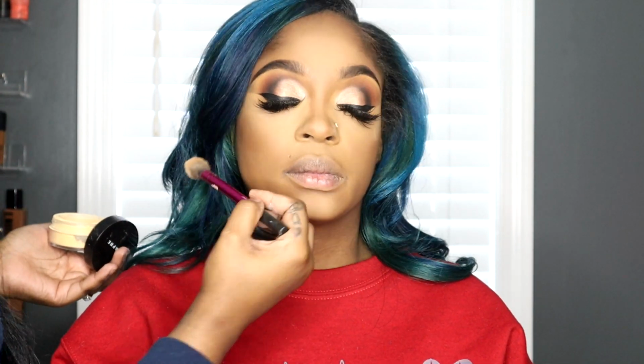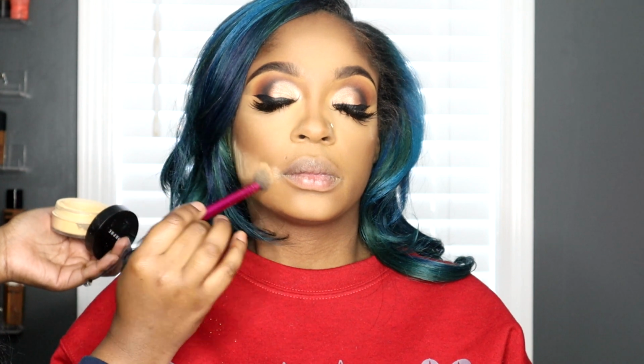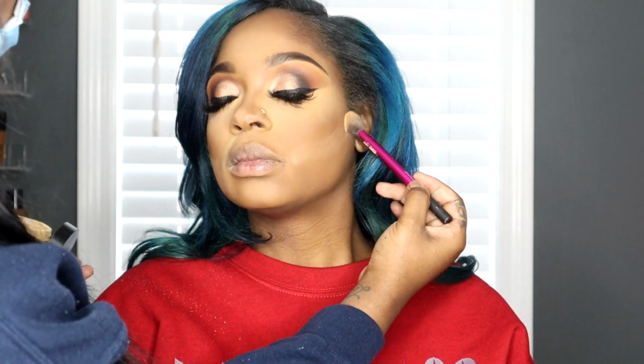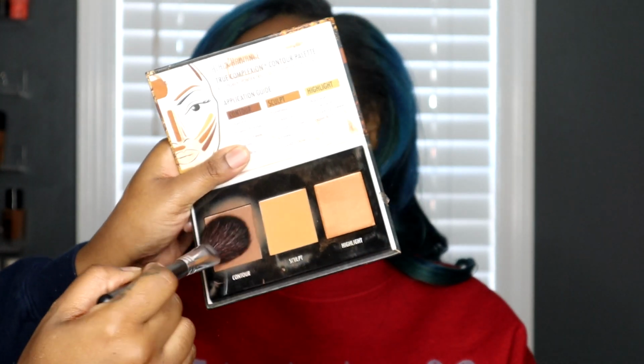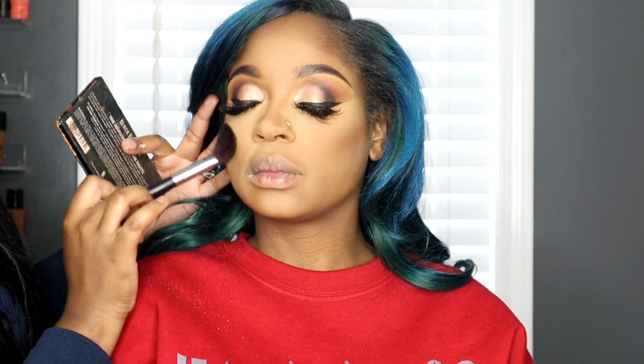And now I'm going to go in with my Morphe Banana Rich powder, and I'm just going to put that right there underneath that contour. I'm going to start from that edge of her mouth, and I'm going to put it on her smile lines as well, and bring that right there on the edge to cut, baby, to cut, okay? Need her to cut. And you can see how this is just giving her that lift, that nice, beautiful, bronzy